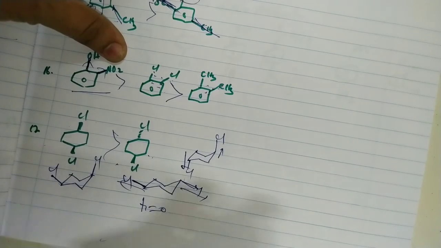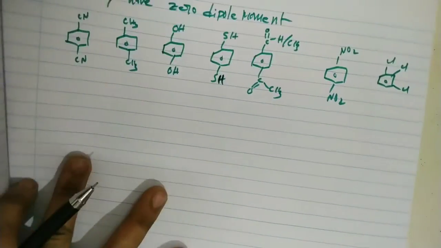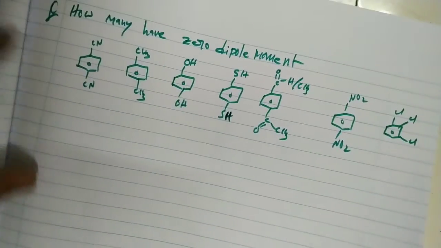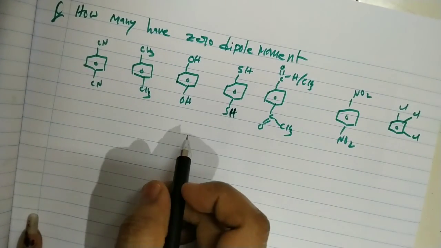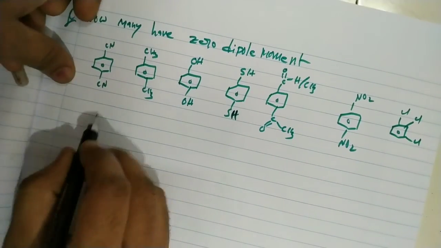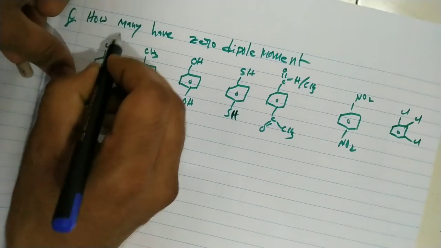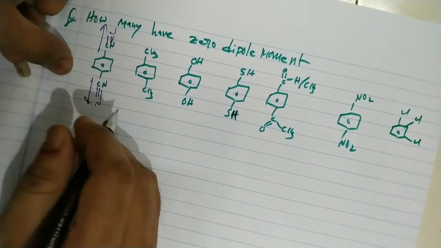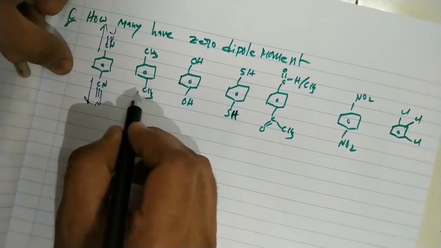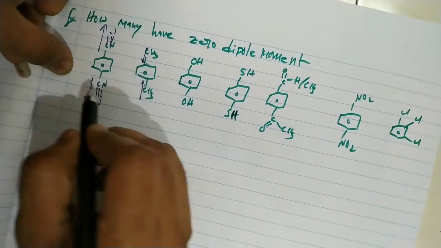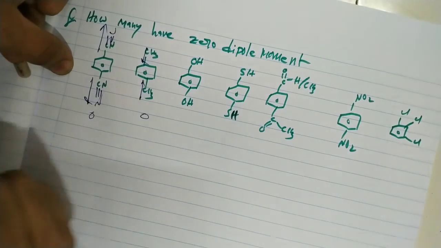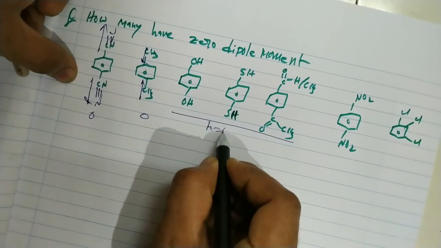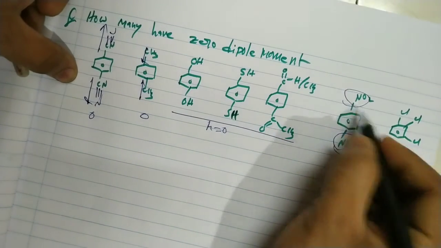Okay, that's it. So finally, let us discuss the dipole moment of these molecules. Here the CN molecule means C triple bond N, with dipoles towards CN and towards CN, so they exactly cancel each other. Of course, CH3 towards benzene, exactly opposite, so 0 for this one. Now for these molecules the dipole moment is not equal to 0. Here NO2 is there, here NO2 is there.